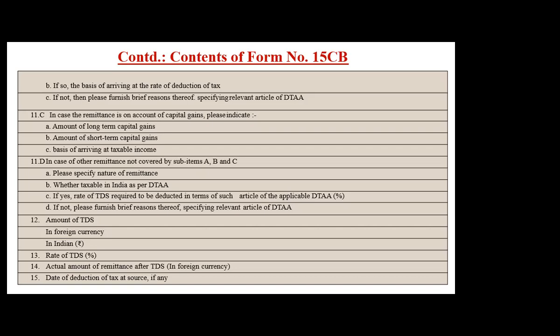Sir, logically and correct view is that when we are transferring to his NRO account, he cannot maintain a savings account as per FEMA, so we are not going into that debate. But if he has an NRO account in India, because of whatever comfort, or the ease of business or whatever reason, he says that kindly transfer this amount to my NRO account, we are supposed to deduct under section 195 and transfer and remit on that day. 15 CB CA has to be issued at that time.